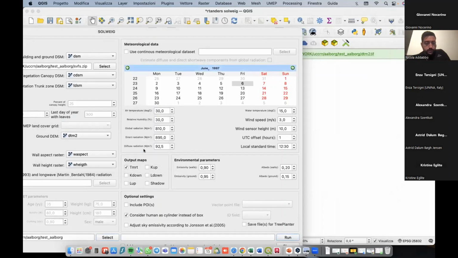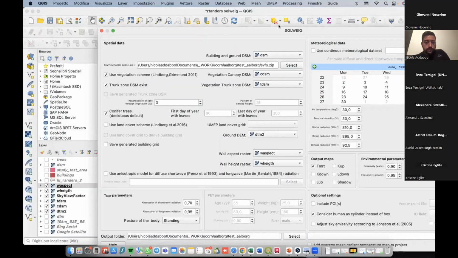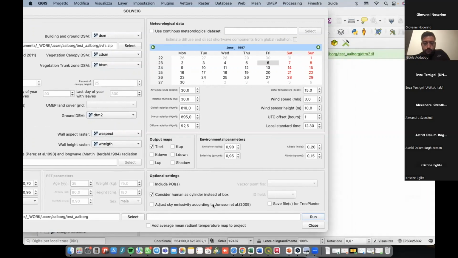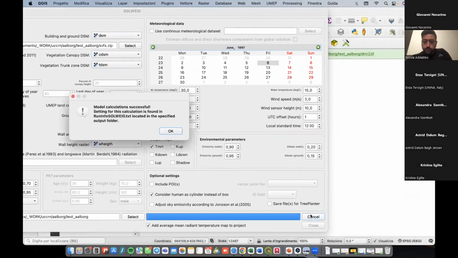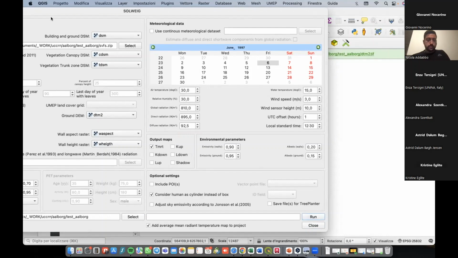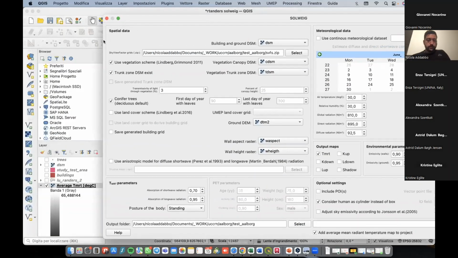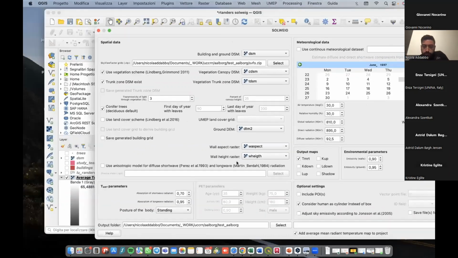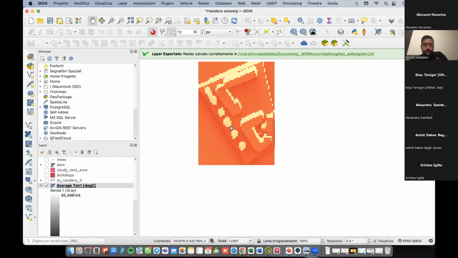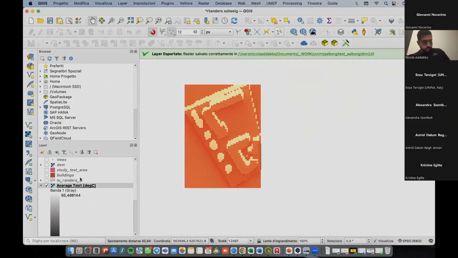SOLWEIG tells us that the simulation was successful, and this is our result. This is the raster output file that describes the Tmrt of our